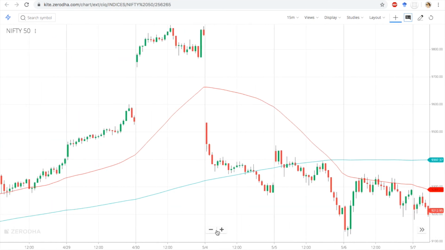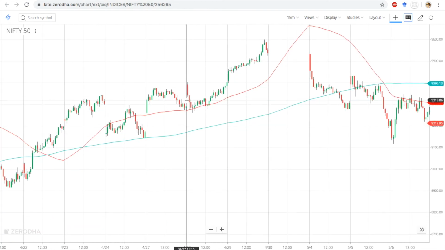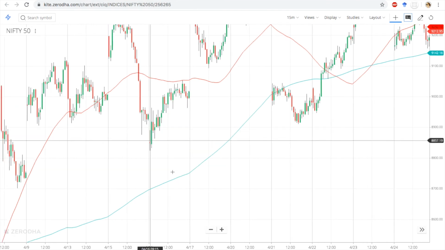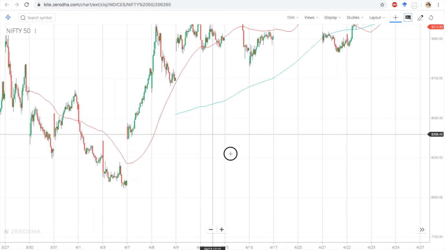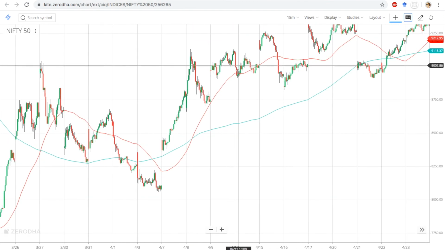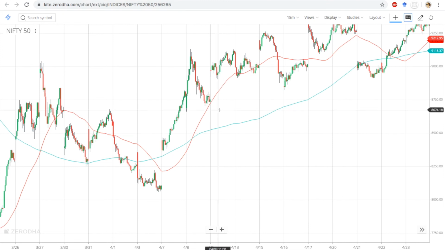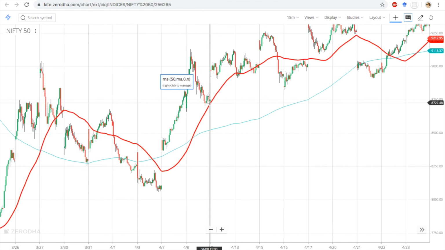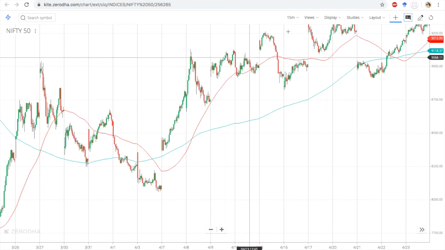So it is a basic moving average indicator that is used as a support and resistance, and it will give a trend also. Normally when we have a sharp fall, we are taking support at the 50-day or 200 moving average. So when we have a sharp fall, it is going to take support at the 50-day moving average.